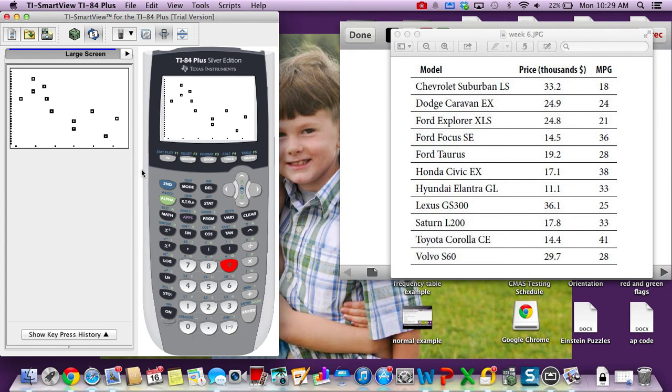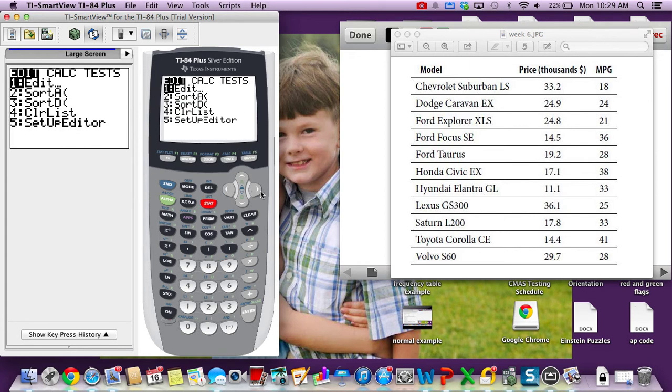It appears, knowing that this is the price, that as the price goes up, the miles per gallon goes down. That's kind of interesting, that the more something costs, the more a car costs, the worse fuel economy it has. I find that kind of interesting. Okay, so now if we want to put in